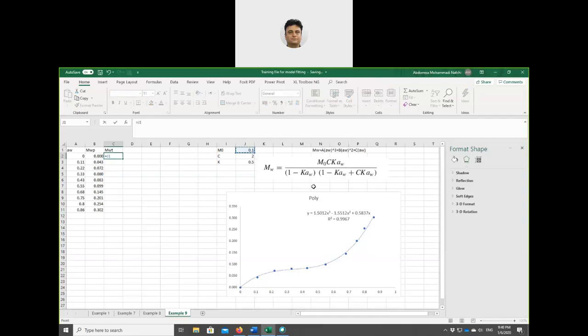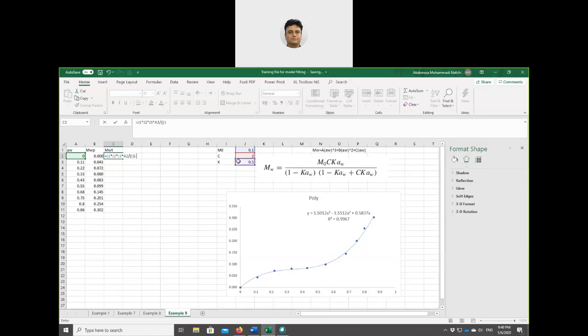Multiply by C. C is this one. Multiply by K. This one. Multiply by AW. This is AW, which represents my data, my Y here. Divided by, I need to put double brackets because I want to open one for this one and one for the whole denominator. Okay,